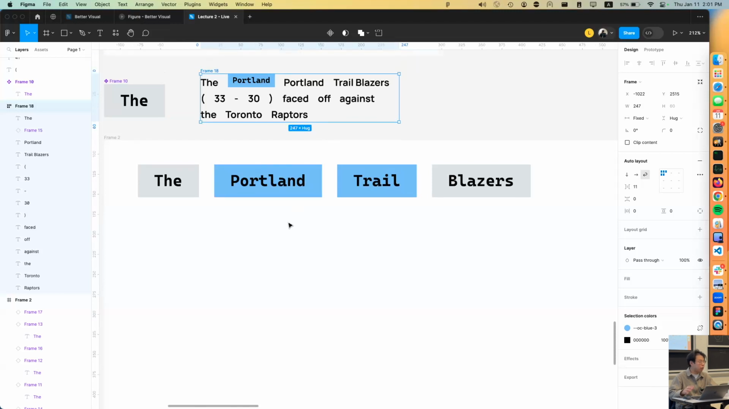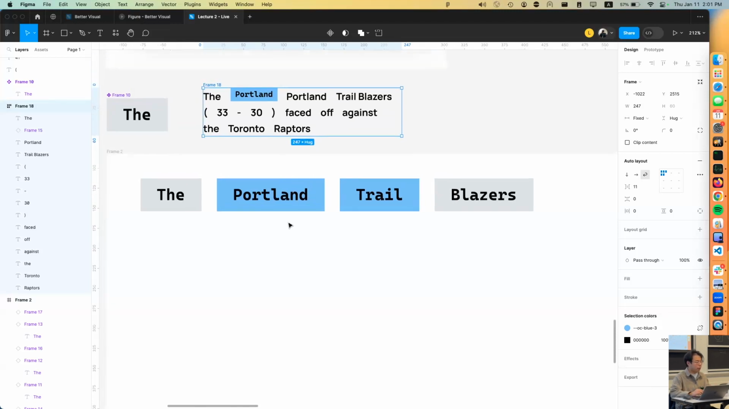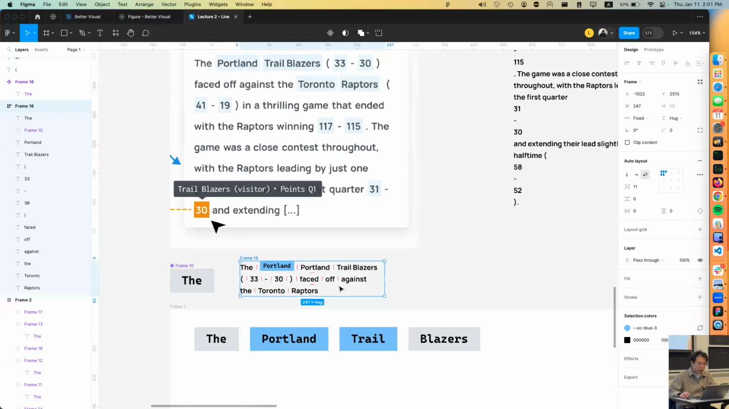Okay, but so far so good. Is there anything confusing to you in terms of this layout stuff? Okay, so the idea is